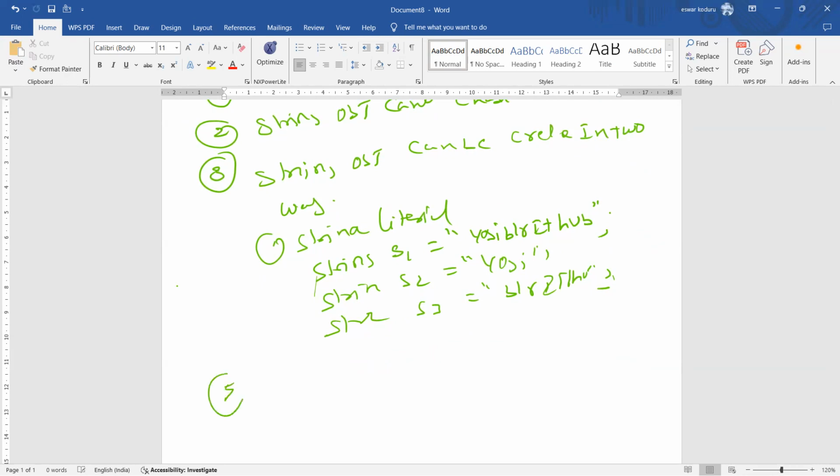Now, the fifth point is the new keyword. Using the new keyword, you can say S4 is equal to new String of